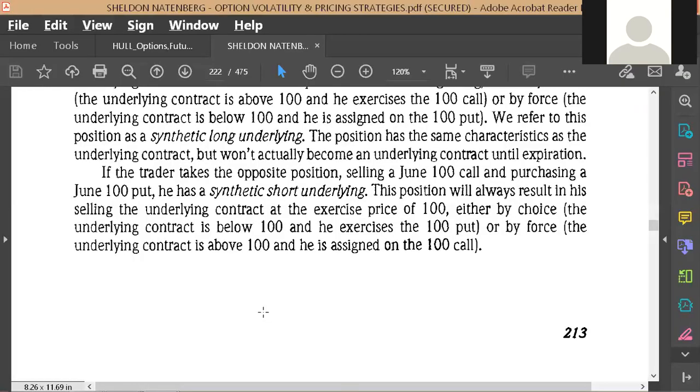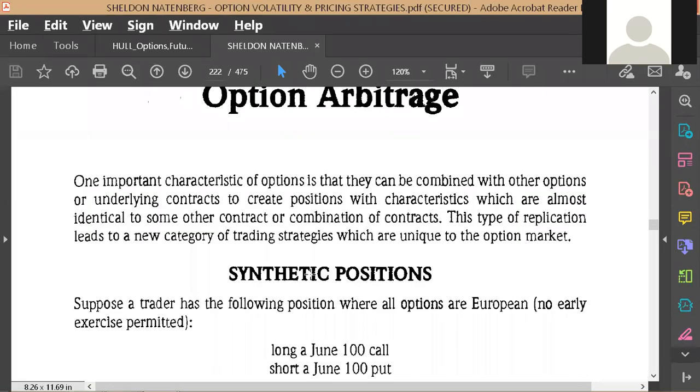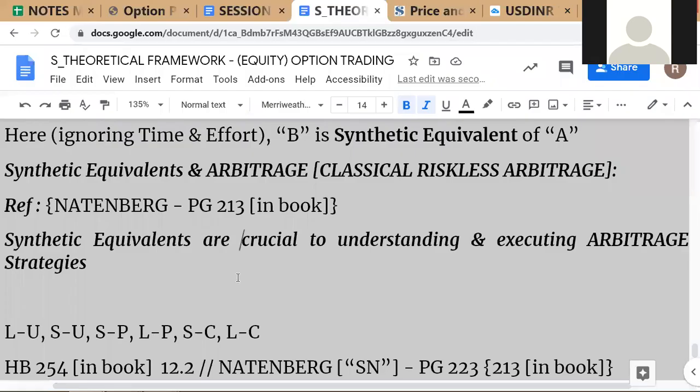Then you can read about, and here you can see they're immediately starting with synthetic positions, because when you want to understand arbitrage, you first have to understand what a synthetic position is. I've made it easier for you by using the word synthetic equivalent. So just keep this here. You can come back to this and refer to page 213 in the book. Synthetic equivalents are crucial to understanding and executing arbitrage strategies, and the basic element of arbitrage strategies is